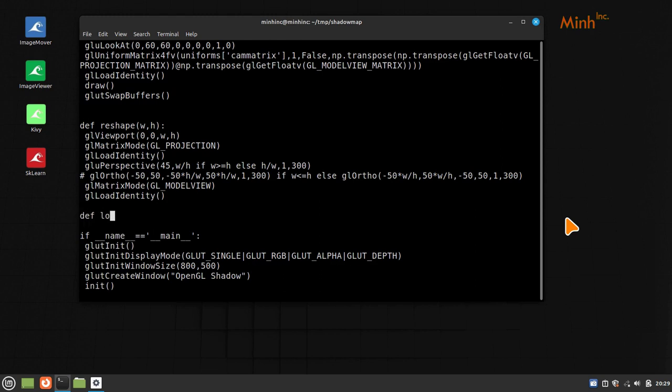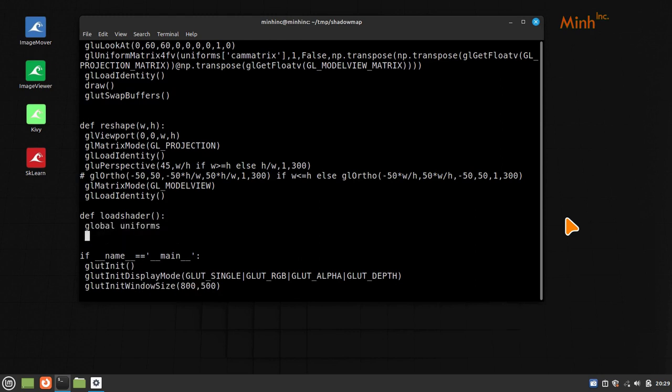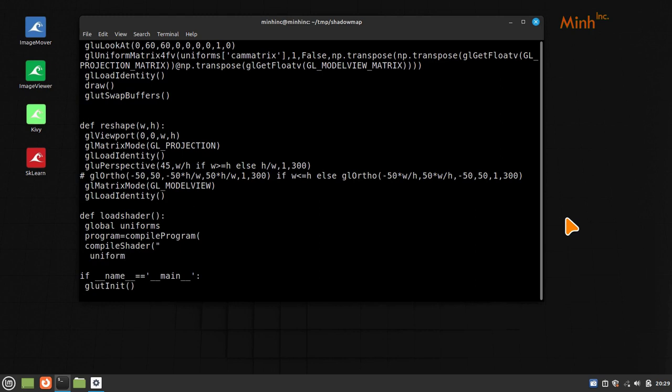Def load shader, global uniforms, program equal to compile program, compile shader, and now we can place uniform mat4 cam matrix, uniform mat4 shadow matrix,